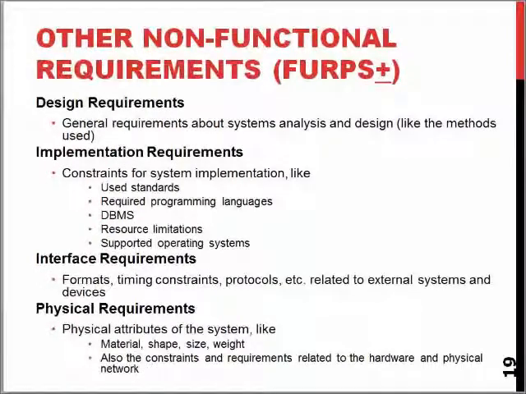Finally, the other non-functional requirements, the plus part, include constraints on implementation, constraints on design, interface, and other physical requirements. For example, for a mobile phone, the material, the shape, the size, and weight are something that, I would argue, are more or less the first things some companies decide when they are making a new mobile phone. It doesn't matter how